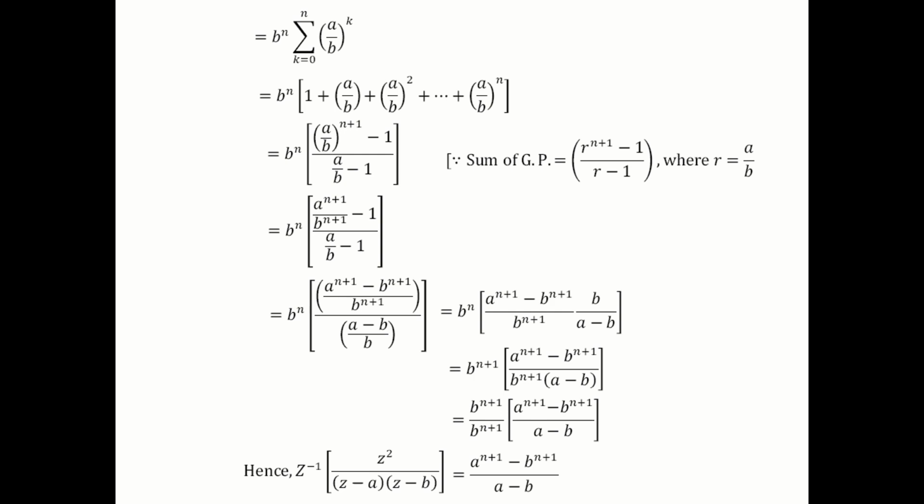which is the inverse transformation. This is the general problem. Instead of a, you can replace any number. Instead of b, you can replace any number. So you will get so many problems, like Z square by (Z minus 2)(Z minus 3). Immediately, you will get the answer. So this is like a standard formula: Z inverse of Z square by (Z minus a)(Z minus